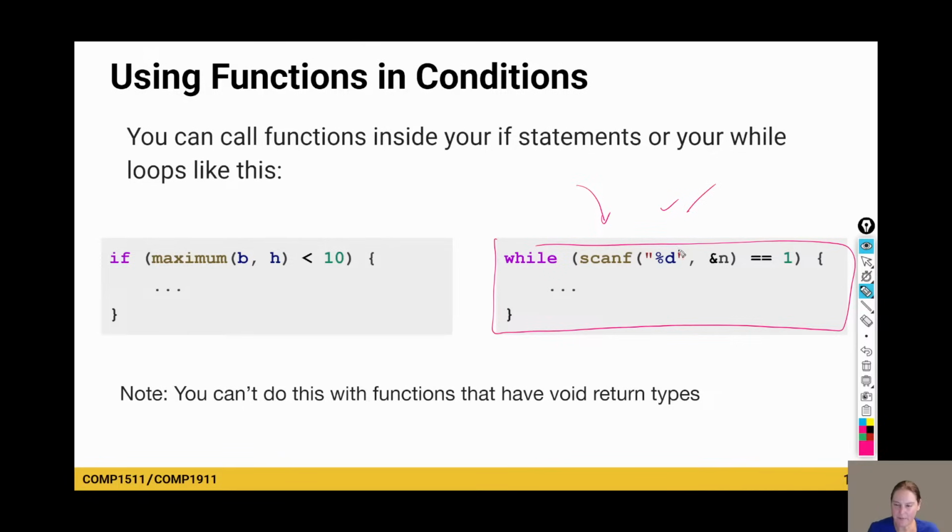So with this scanf %d, we're trying to read in one integer. If we type in an integer, this will return 1, 1 equals 1, and we keep going through the loop. If we don't enter an integer, this will return 0, right? If we type in hello, this will return 0. 0 is not equal to 1, so the loop will stop. This is how you can start writing your while loops with scanf if you're not already.